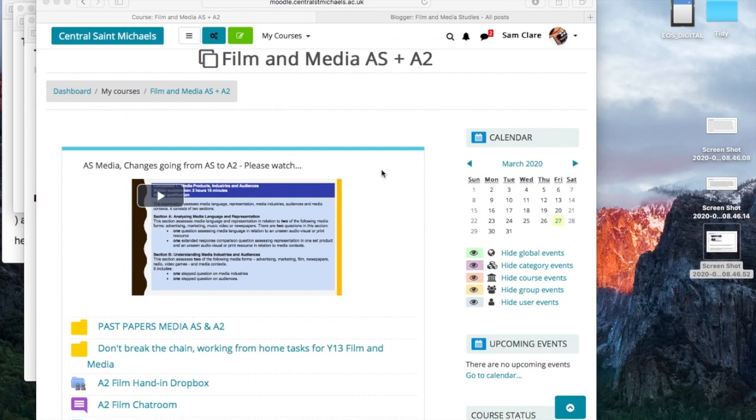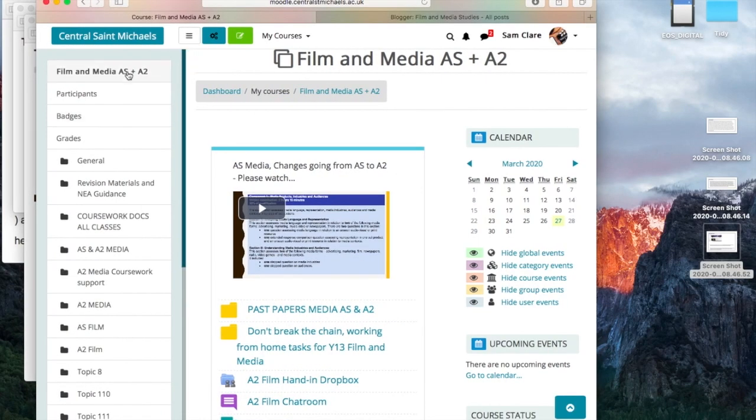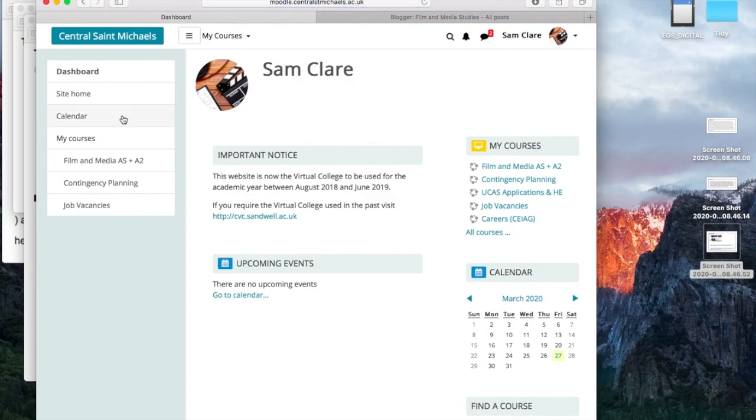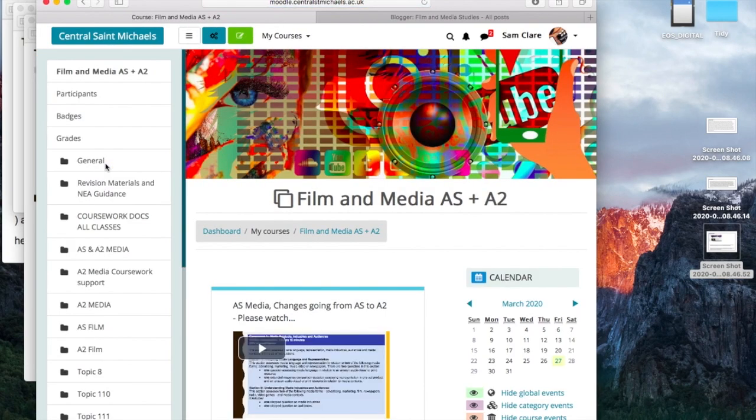So this is the Film and Media Moodle. If you go to your dashboard and you can't find the Moodle, you need to go down your list by clicking the navigation here and find Film and Media ASNA 2. Or you might get this screen and then you can see it on the left here and you can click My Film and Media ASNA 2. Everybody is enrolled on that. I have double checked, but if you do have any problems, please let me know and we can chase it with ILT, our IT department.